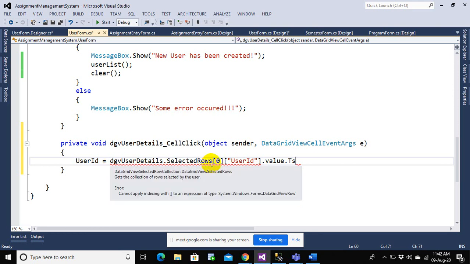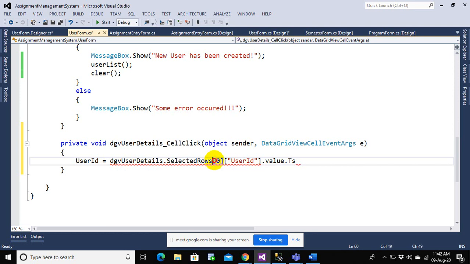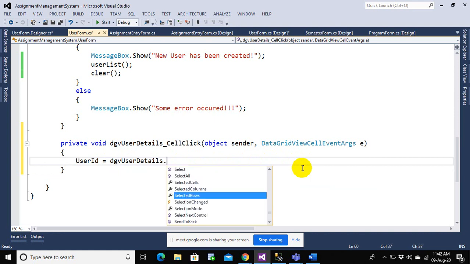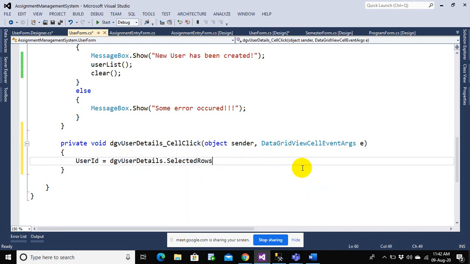Can I apply indexing with? Okay, so what is that? Actually, this should work. Yeah, I got it.